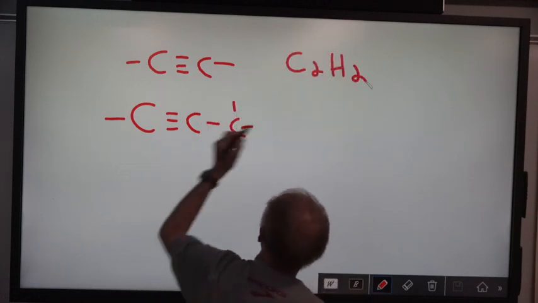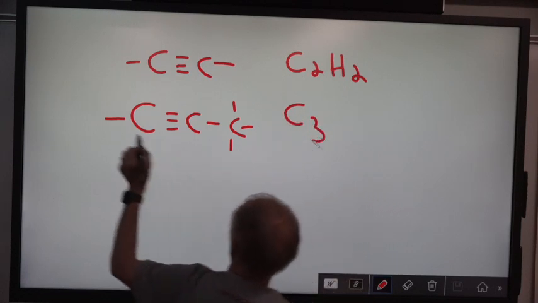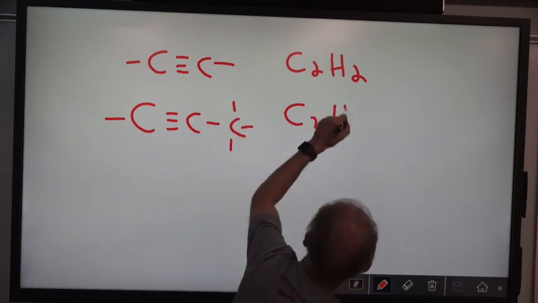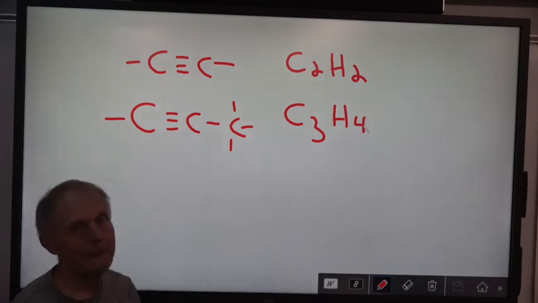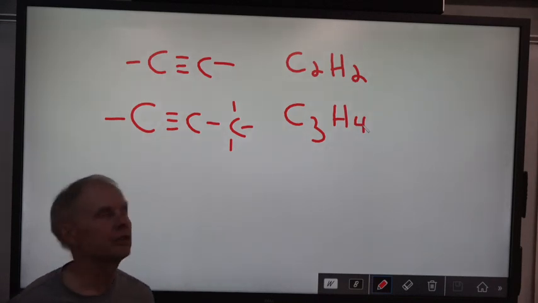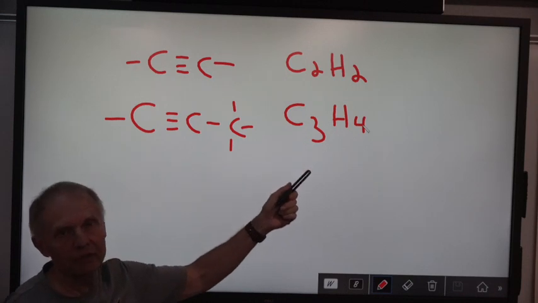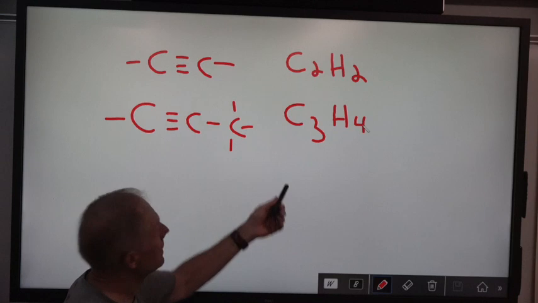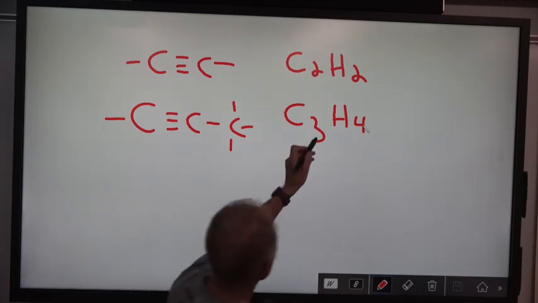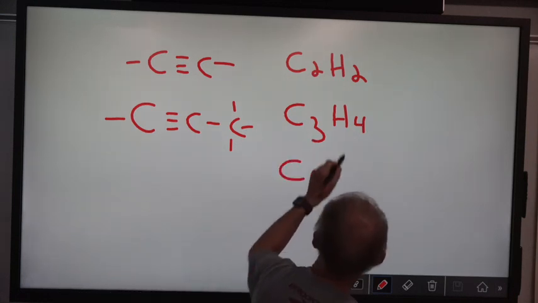C2H2. Here we have 3 C's and 1, 2, 3, 4. C3H4. Now remember, each member of a homologous series differs from the next member by 1 carbon, 2 hydrogens. So the next one down, which is butyne, would be add 1 there, C4, add 2 there,